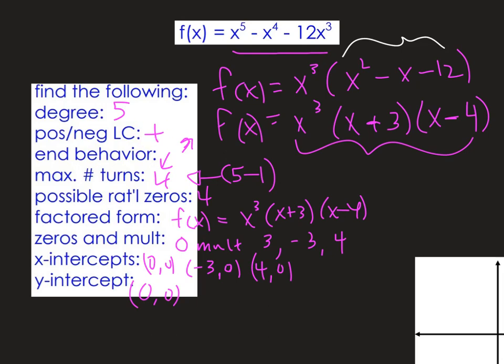That means that our odds look like this when they're positive. So as x moves to the left, y is moving down, and as x moves to the right, y is going up, right? That's what we got there. So that's that part. Max number of turns is going to be the highest degree minus 1, so a maximum of 4 turns. The possible rational zeros, there should be,